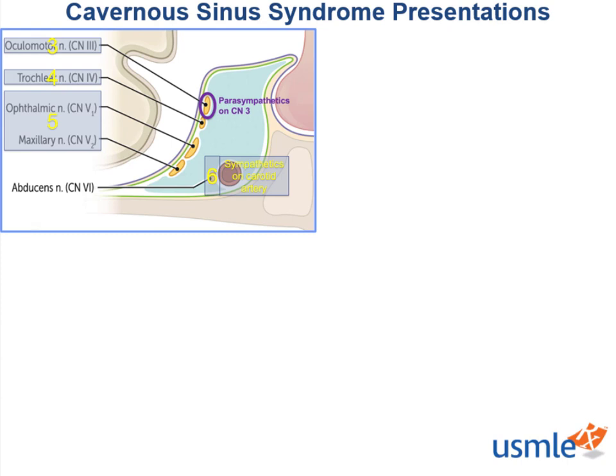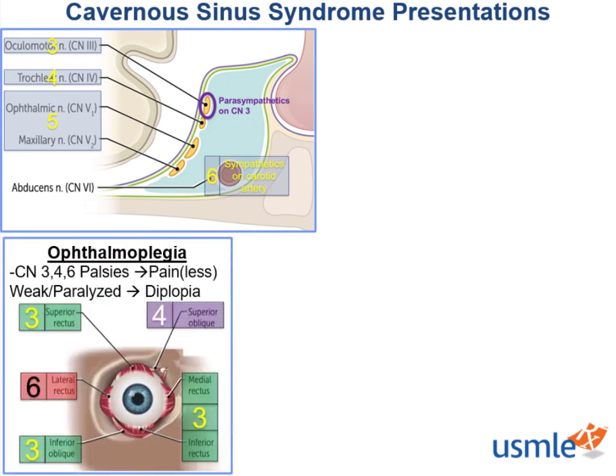Cranial nerve 6 and the sympathetic fibers that travel along the carotid artery, as the aneurysm would have to grow quite large to reach cranial nerves 3, 4, and 5. Overall, ocular symptoms are present in most patients, as nerves to the eye muscles, cranial nerves 3, 4, and 6, are present laterally and medially within the cavernous sinus, resulting in ophthalmoplegia or weak or paralyzed eye movements that can